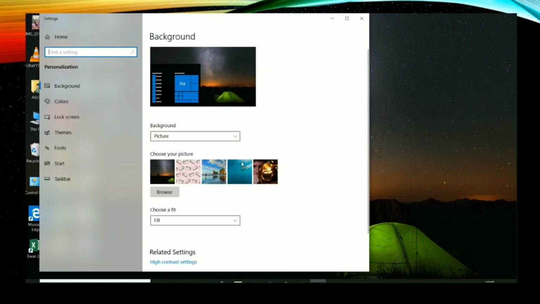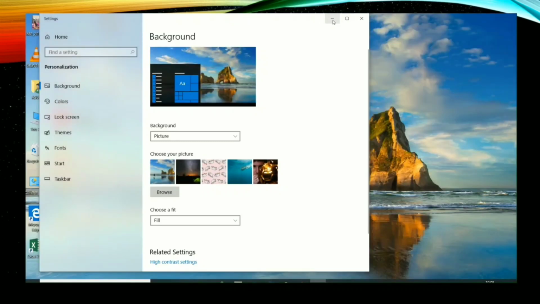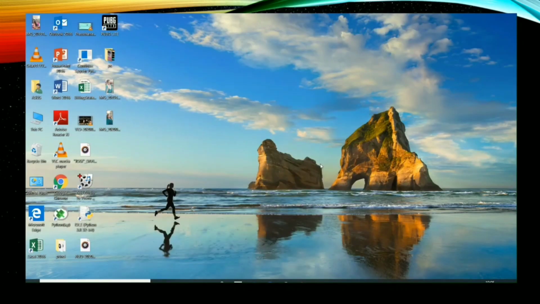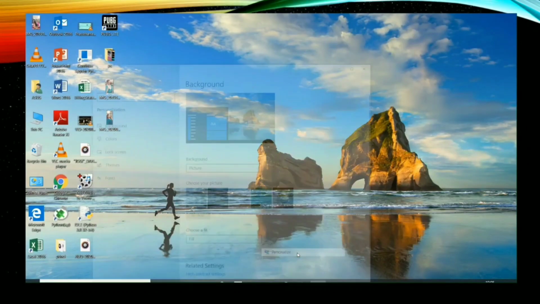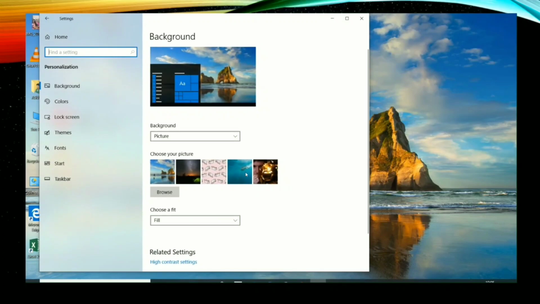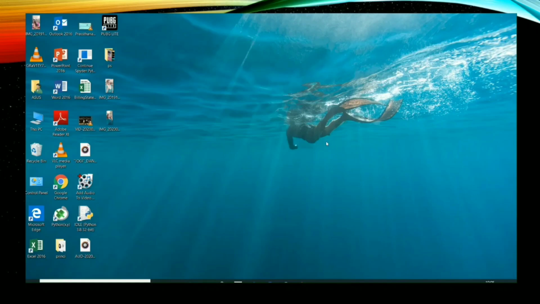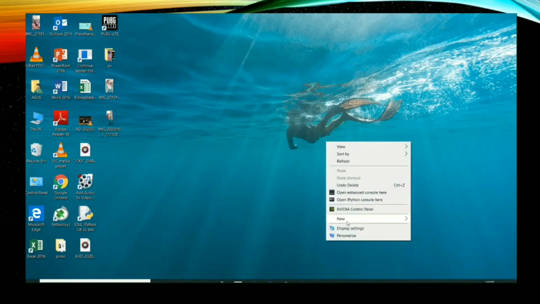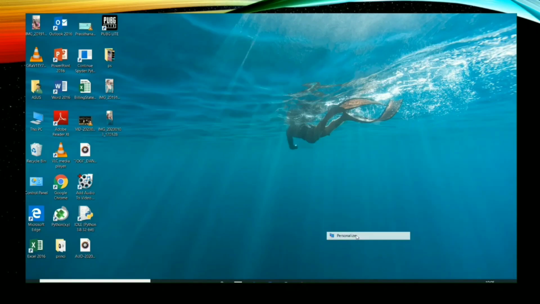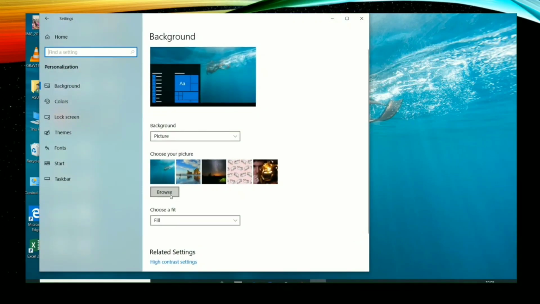The settings open. Now see, there are 5 pictures there. We have to just click on one and the picture appears. See, I have just clicked on a single picture and the background picture changed. Now once again we will see how to change. Right click, personalize, settings open, then select any other picture and see, once again it is changed. We have to just click on the picture and after clicking on it, it changes. See, again I am changing it.